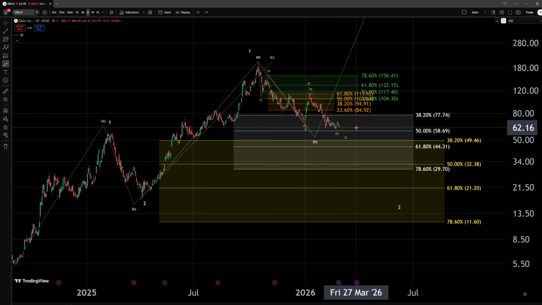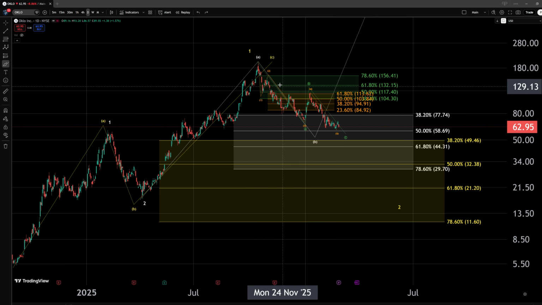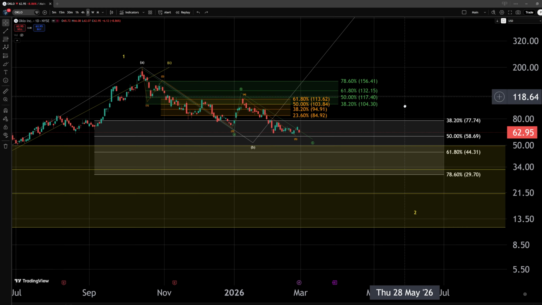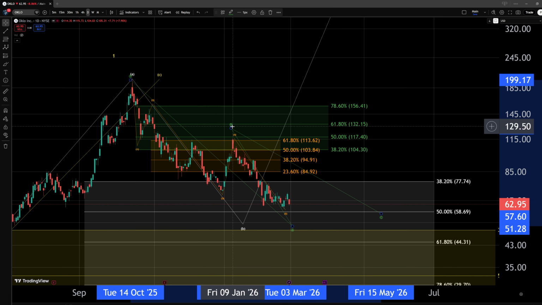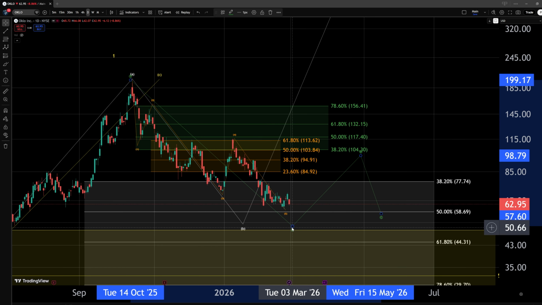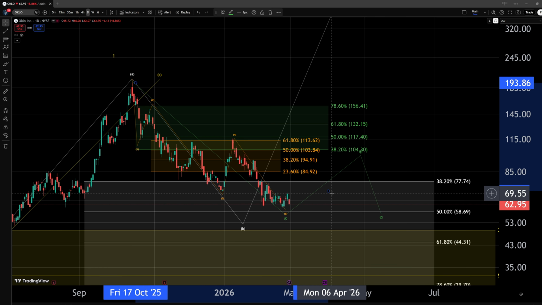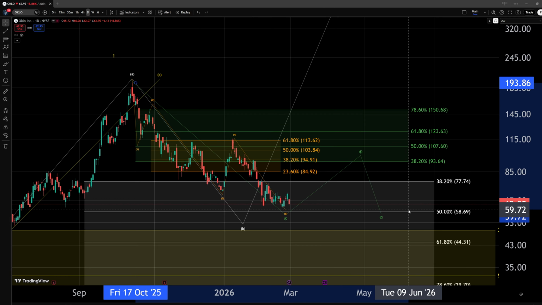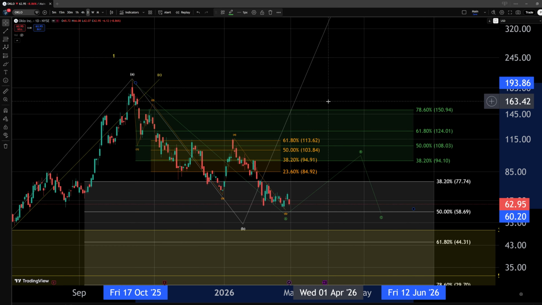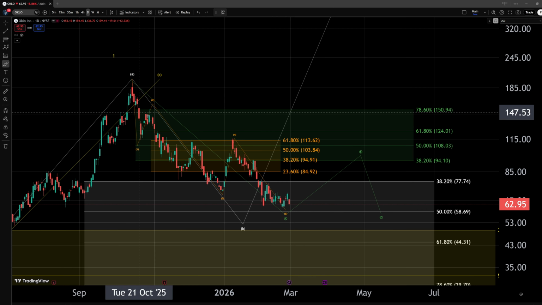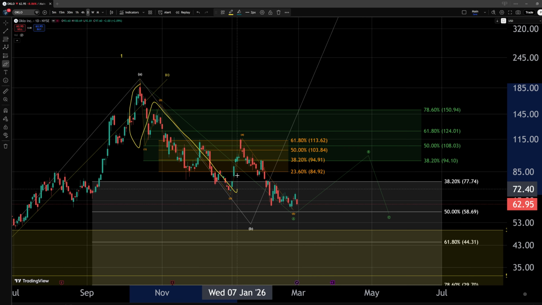So, within this structure, once again, we are looking still preferably for continuation to lower prices. I can track a reset of this wave A in green for another area of resistance in case of an attempt to break out and, yeah, form the next wave to the upside. And our last level of resistance in this case sits at the $151 level, the 78.6% retracement. In the case of the orange structure, this would basically assume that this pattern is complete and we would be